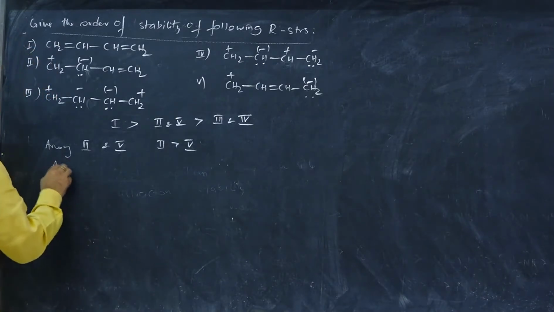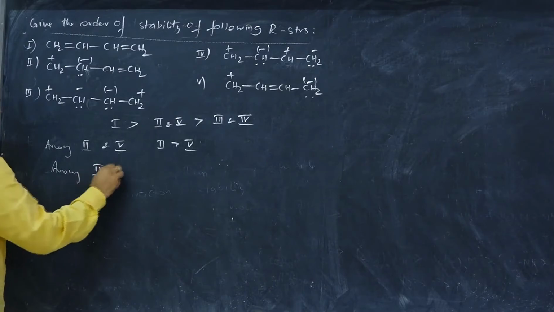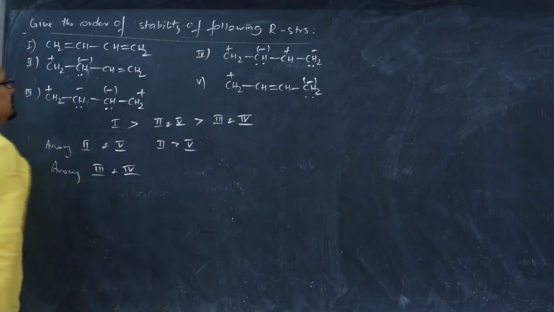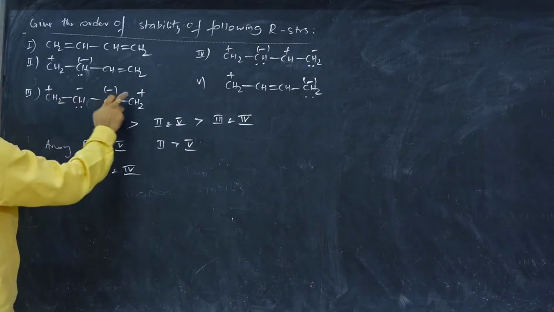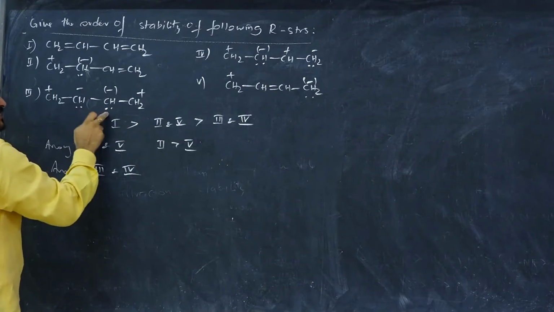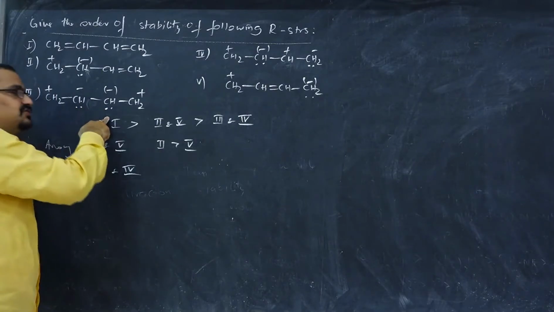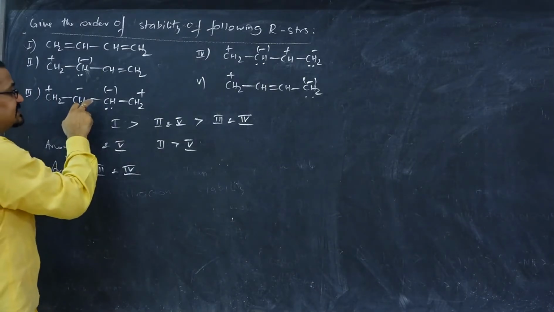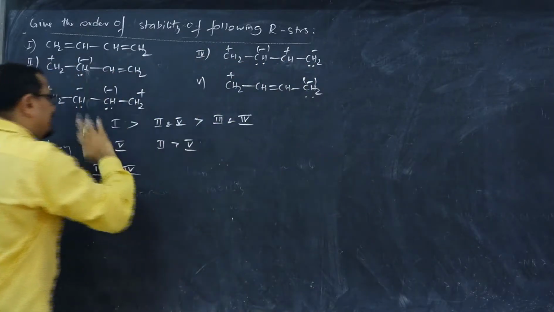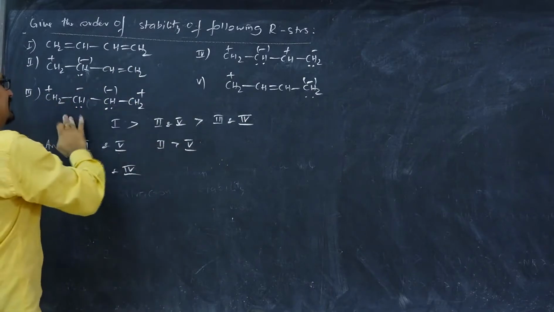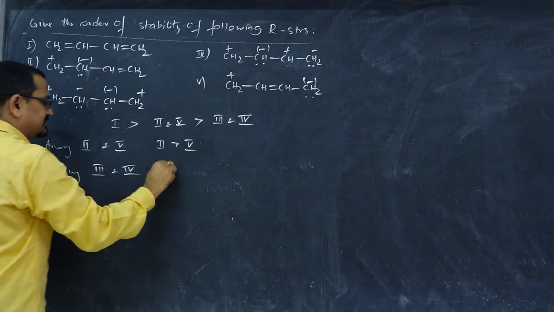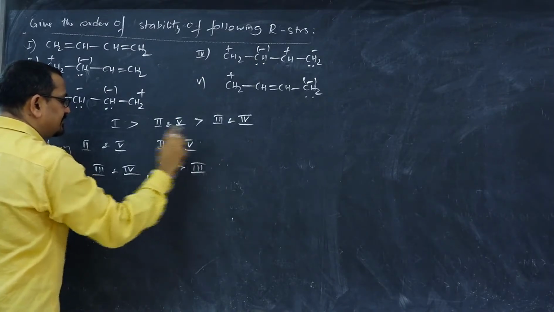Next, among the third and fourth structures, we have equal charge distribution, plus and minus, but here like charges, similar charges, are at adjacent positions, which leads to repulsion, so it is unstable, whereas here opposite charges are existing. So relatively, both are unstable, but among 3 and 4, 4 is a bit more stable. So the stability of 4 is greater than 3.